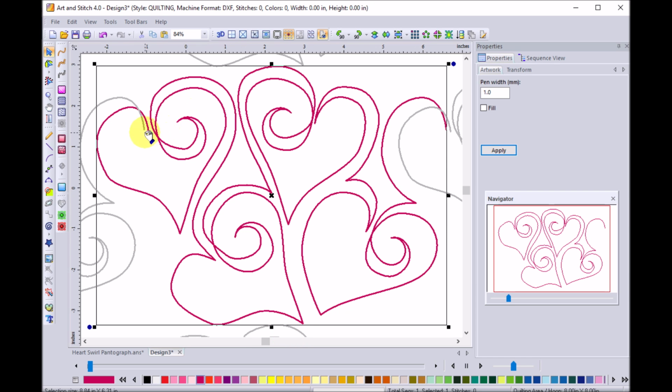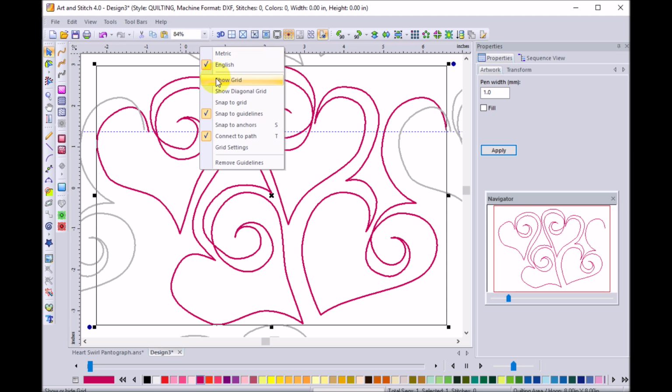Now what I want to do is make sure that my starts and my stops are on the same plane. So what I'm going to do is drag a guideline down. I'm going to right click on my ruler, make sure Snap to Guidelines is checked. And now what I want to do is